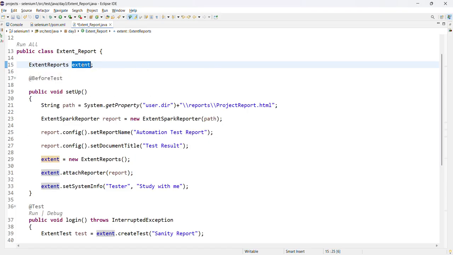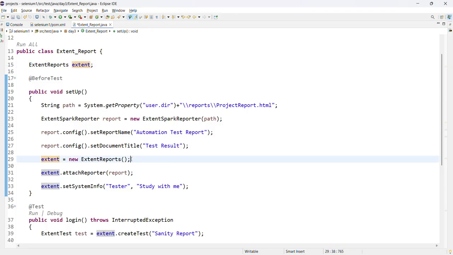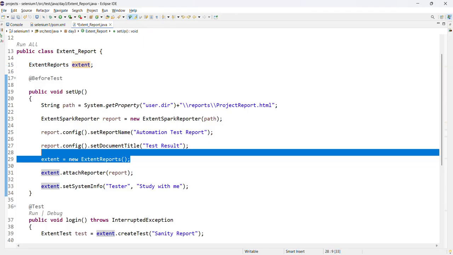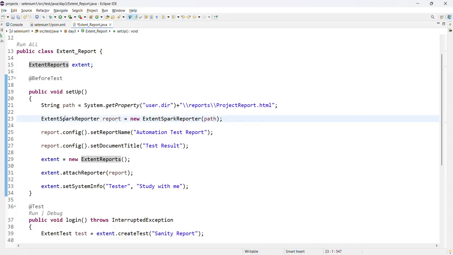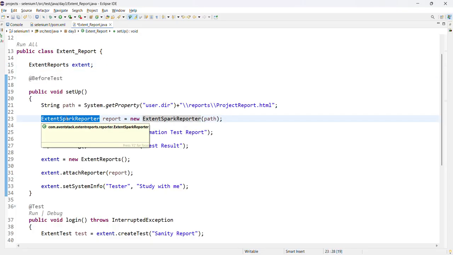Why at the global level? Because it will be used in the @BeforeTest annotation and also in the @Test annotation. So that's why I need to declare it at the global level. Then I'm creating this object, equal to new ExtentReports. This ExtentReports class will drive the main execution, and ExtentSparkReporter will do the configuration,